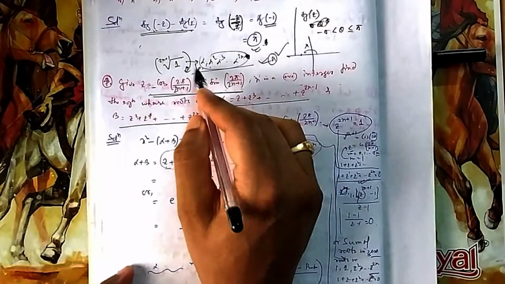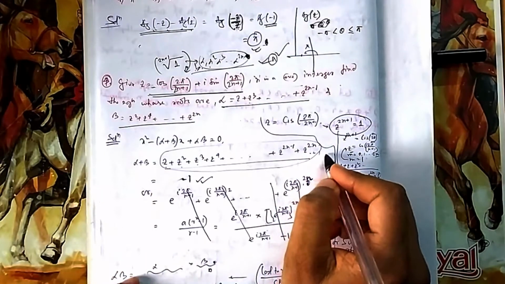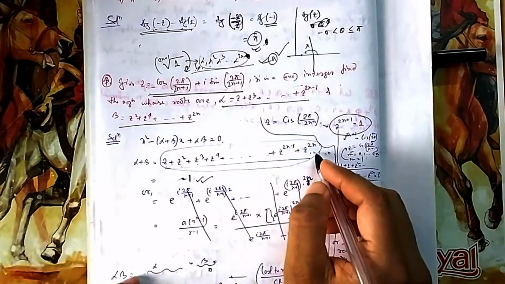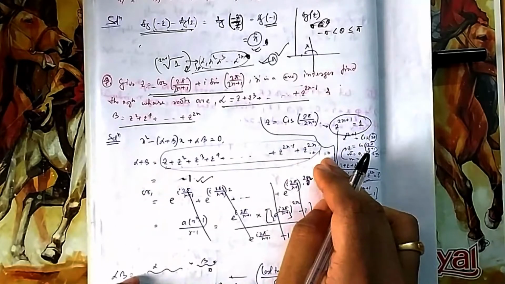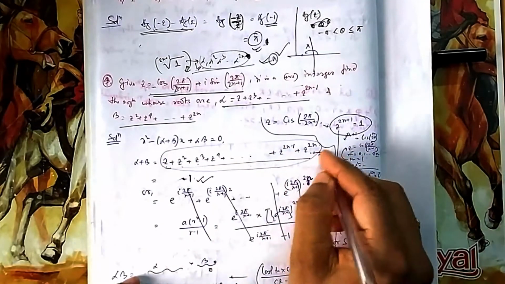Complex roots will be this much and 1 is another. So if you add all this along with plus 1, then it is 0. But if you are adding this, then this should give you minus 1. Getting it now? Plus 1 if you give, then it is 0. So if you need only this, then that should be minus 1. So minus 1 plus 1, the sum of the roots will be 0.